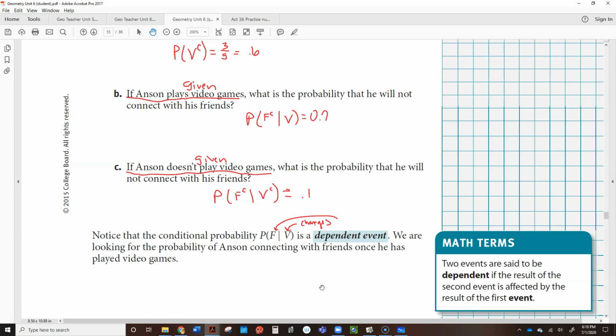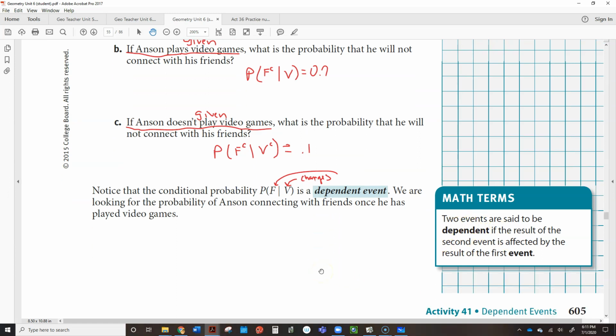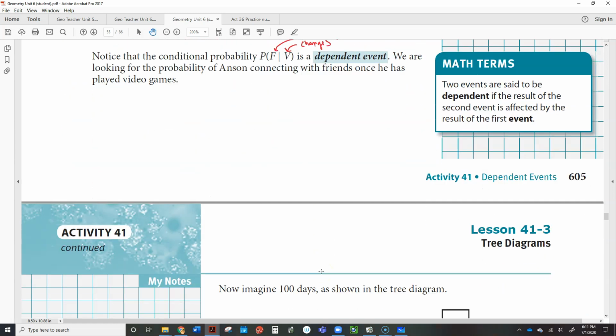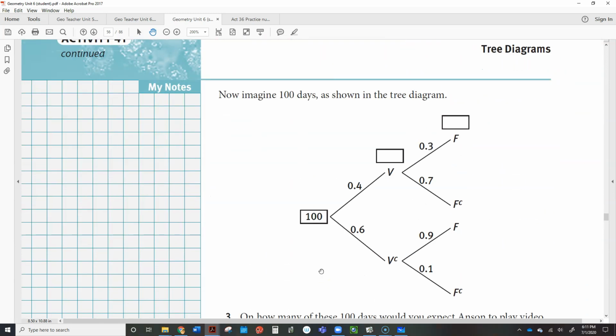So we'll do some other examples where we talk about whether it's dependent or independent in just a second. I think it will solidify what this means right here. So just hang on if you're not sure you understand. Okay, so now it says let's throw in some number of days. So he wants to do this for 100 days. So if he does this 100 days, then